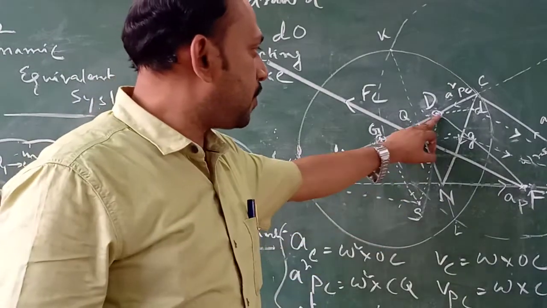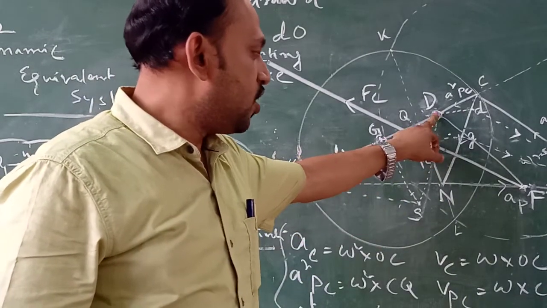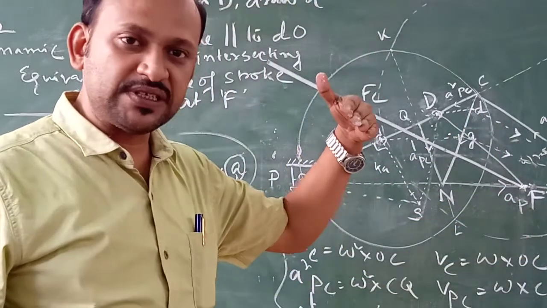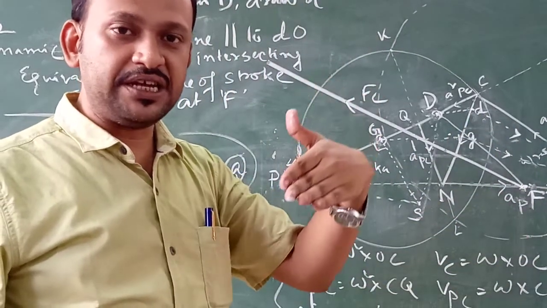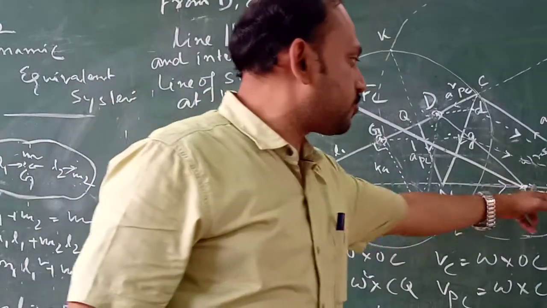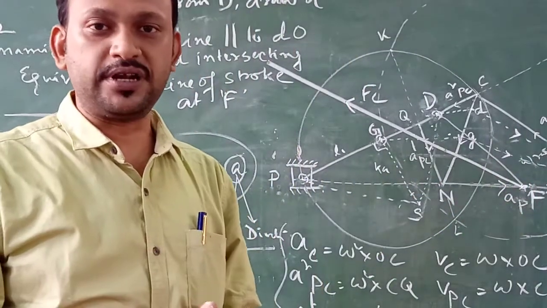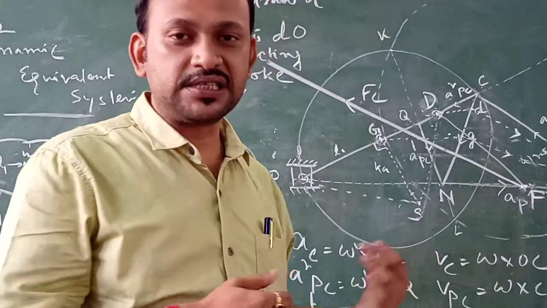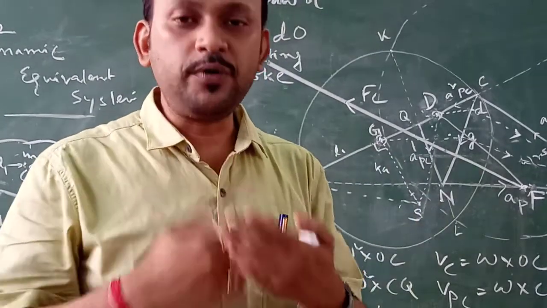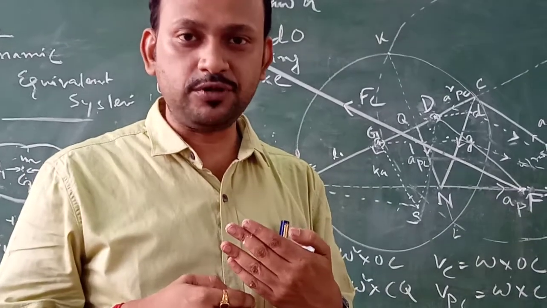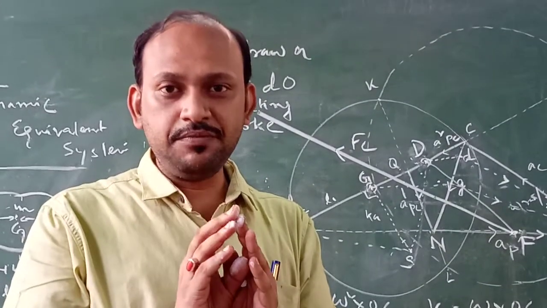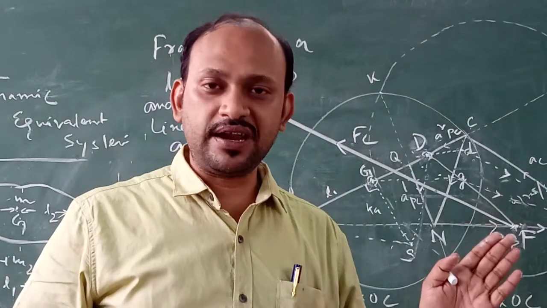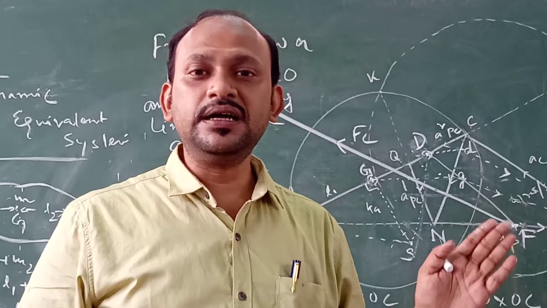Next step, from the point capital D, we are drawing a line parallel to small d o, such that it represents the direction of acceleration of D along the line of stroke PO, because this is very important. What we are doing here is assuming an opposite approach. What is that opposite approach? Initially, for the main mass, if we can find out the direction of acceleration, opposite to the direction of acceleration will be the inertia force.